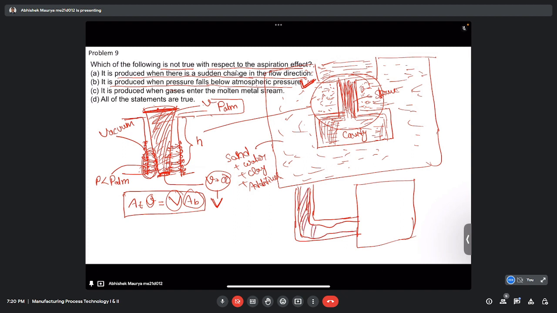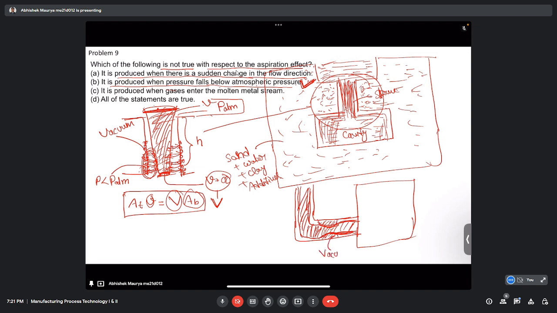This type of vacuum, or the shape of the flow, will become something like this. So there is just some depression you can see in the flow, and this is the reason for the vacuum,